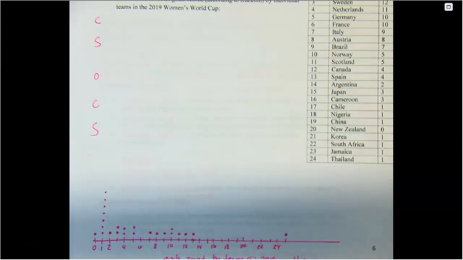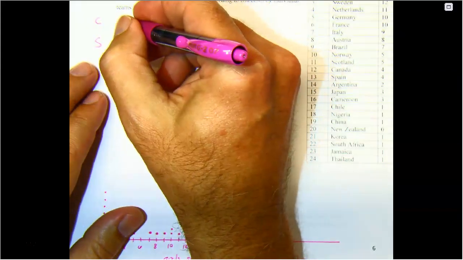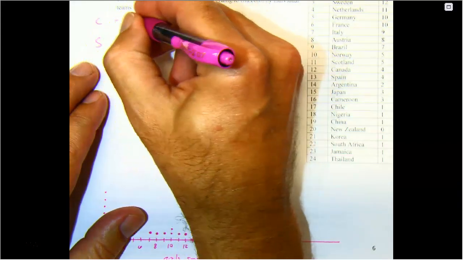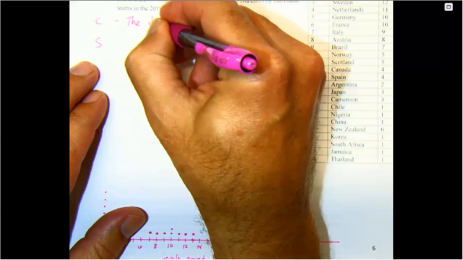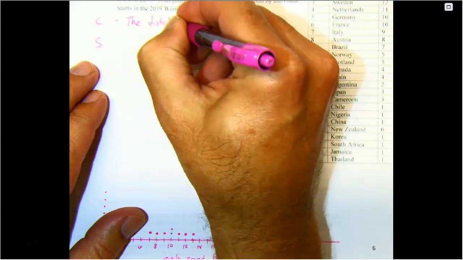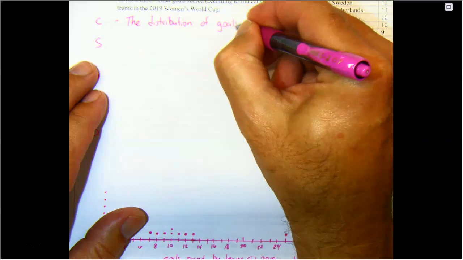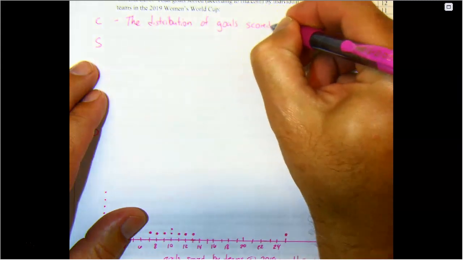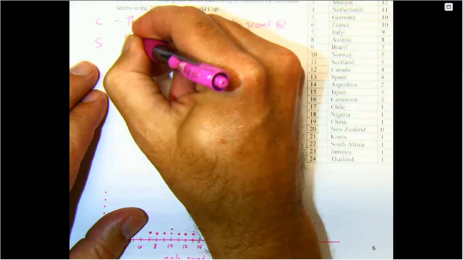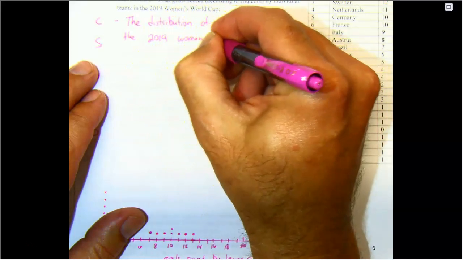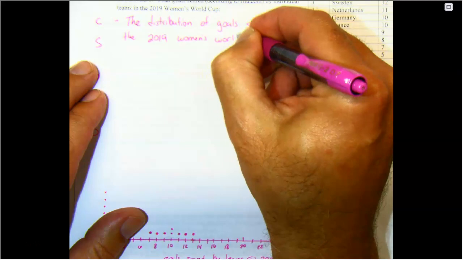First of all, C stands for context. What is my context here? The distribution of goals scored at the 2019 Women's World Cup